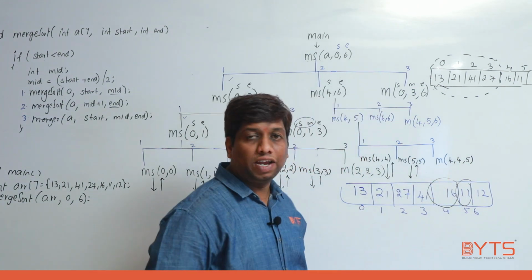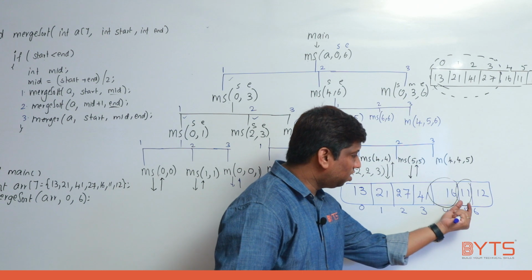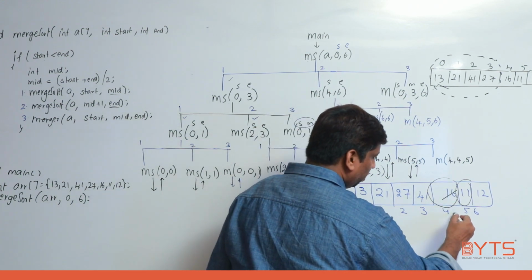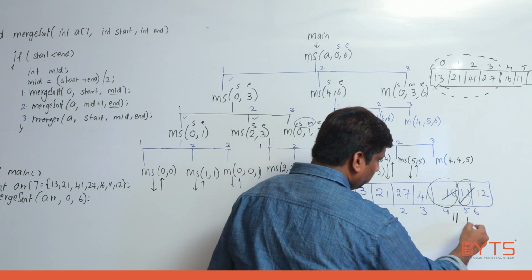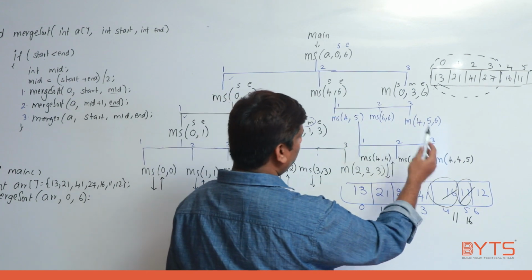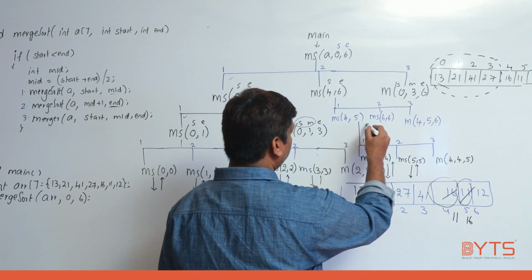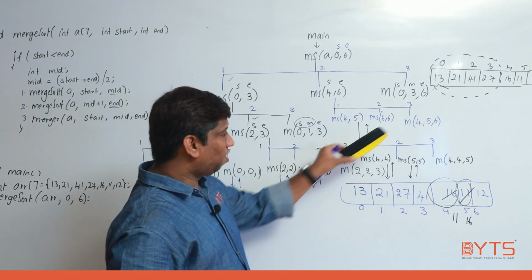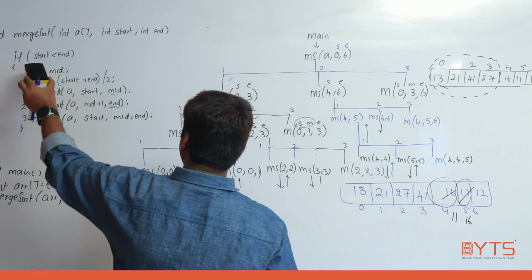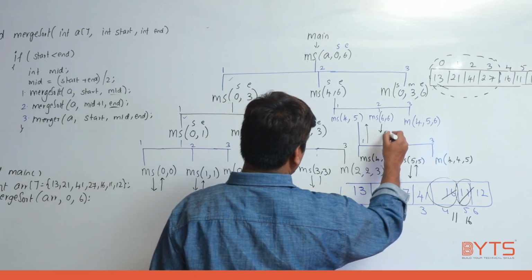So what will merge tell? Already this array is sorted, this array is sorted, now I need to merge. When I try to merge, what happens here? This value is updated to 11, this value is updated to 16. Now the first line is completed, second line completed, third line completed, now I need to come back. Okay, I came back. Now merge sort of 6 comma 6 means come to the function. Whenever I come to the function, 6 less than 6 is false, now again I come back.